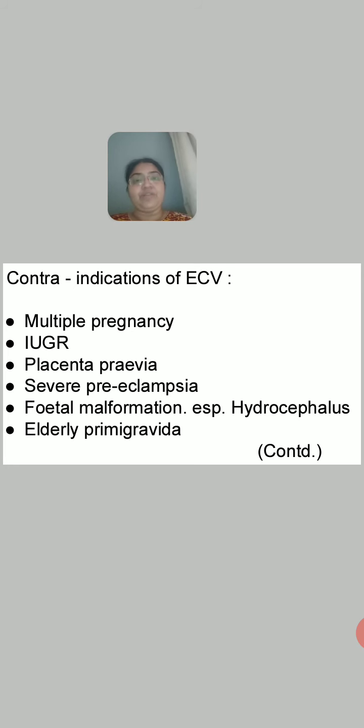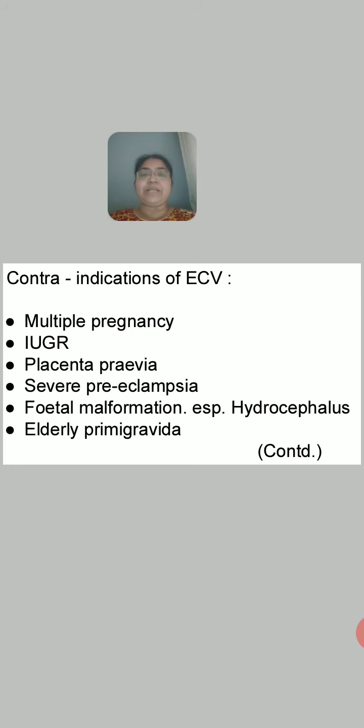If you go for the version, the new presentation, even though it is normal, because in version we are converting the malpresentation into a normal presentation. So even though it becomes vertex, the normal presentation, the hydrocephalus fetus may not find it comfortable, right? So there may be fetal distress after the version. So version should not be done.